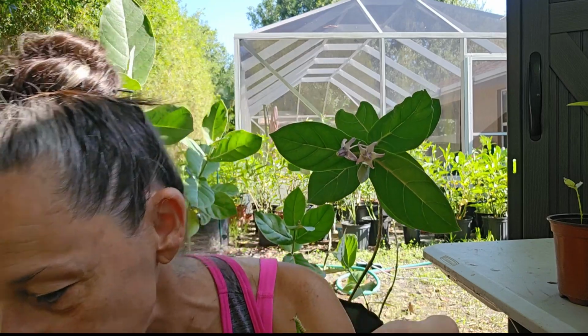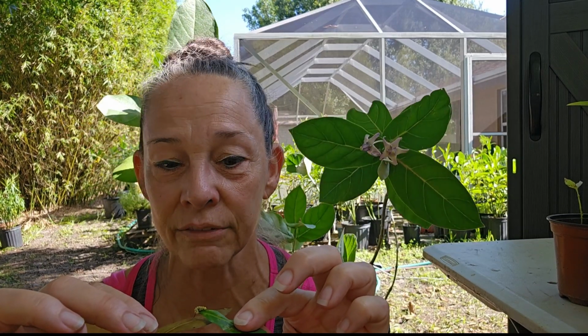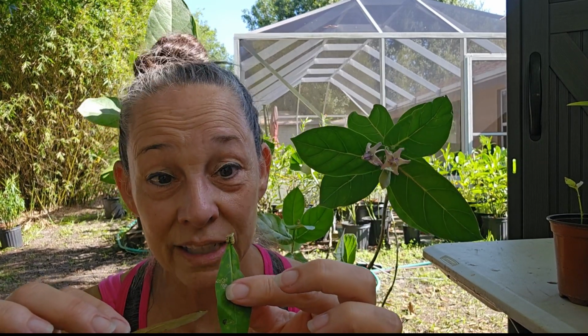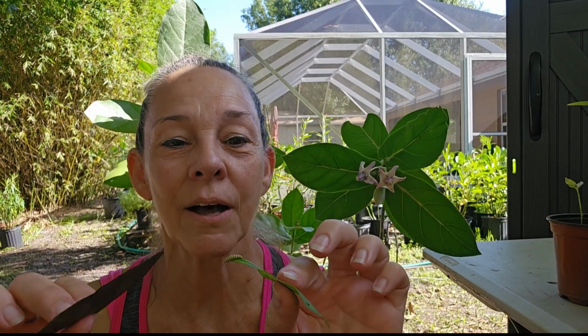So the best way to do it is I usually take something natural. If it's a milkweed leaf, it doesn't even have to be a milkweed leaf. Currently I'm sitting underneath an oak tree, so I can take an oak tree leaf, and all you have to do is stick it up underneath his nose, and he will literally climb onto the other leaf. Now, if you've got a milkweed, he doesn't want to come off the milkweed to go onto the oak leaf, just saying. But you have to be very gentle,